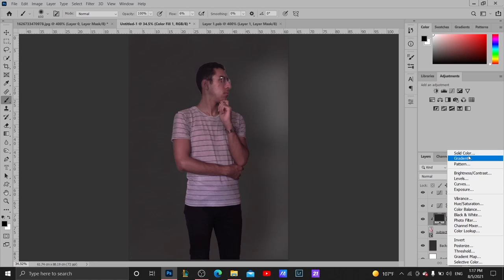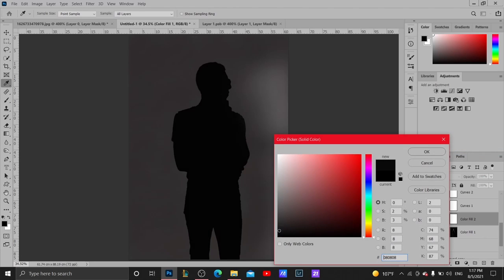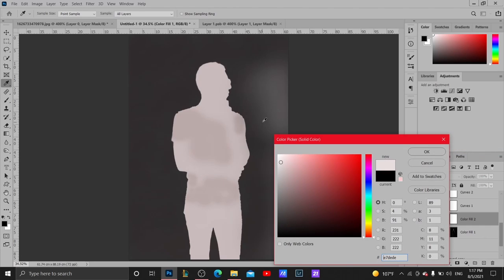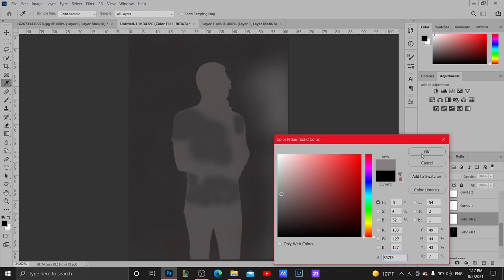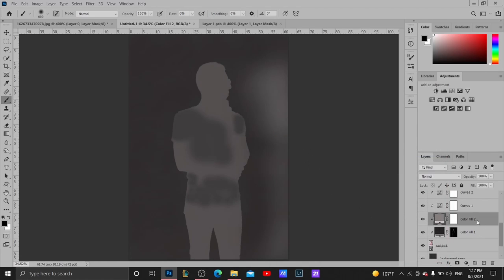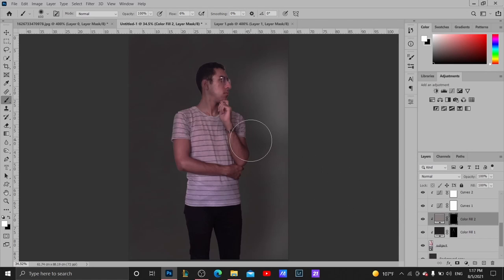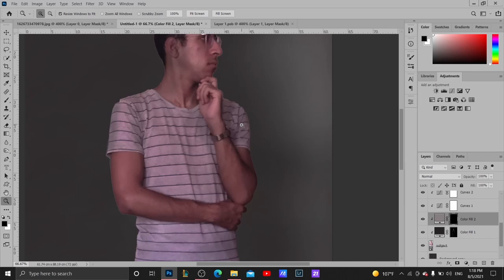We will make a solid color adjustment layer. Choose color from here and then brighten it a little bit. Now invert the mask, grab the brush tool, foreground color is white, go to the areas you want to paint on,